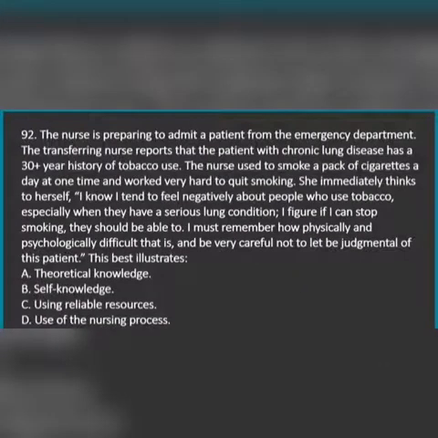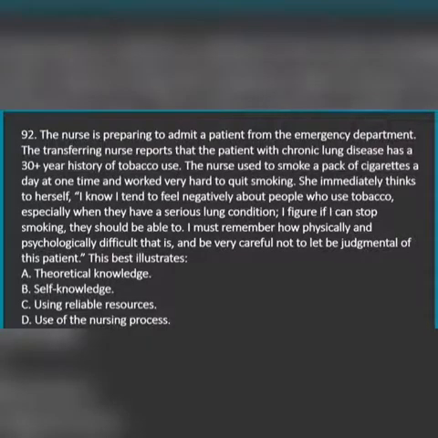Question 92. The nurse is preparing to admit a patient from the emergency department. The transferring nurse reports that the patient with chronic lung disease has a 30-plus year history of tobacco use. The nurse used to smoke a pack of cigarettes a day at one time and worked very hard to quit smoking. She immediately thinks to herself, I know I tend to feel negatively about people who use tobacco, especially when they have a serious lung condition. I figure if I can stop smoking, they should be able to. I must remember how physically and psychologically difficult that is, and be very careful not to be judgmental of this patient. This best illustrates